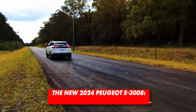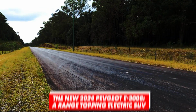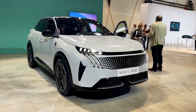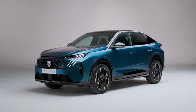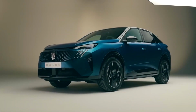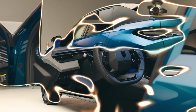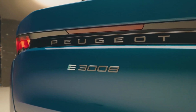The third generation of Peugeot's compact SUV is here, for the first time with the E prefix in its name, clearly pointing out its all-electric nature. The 3008 for the new era brings massive improvements in all aspects, as the French carmaker has once again shown its mastery in design. But how does it compare to rivals when it comes to EV performance and technology in general? Stay with us to find out as we're taking a quick look at the brand new 2024 Peugeot E-3008,